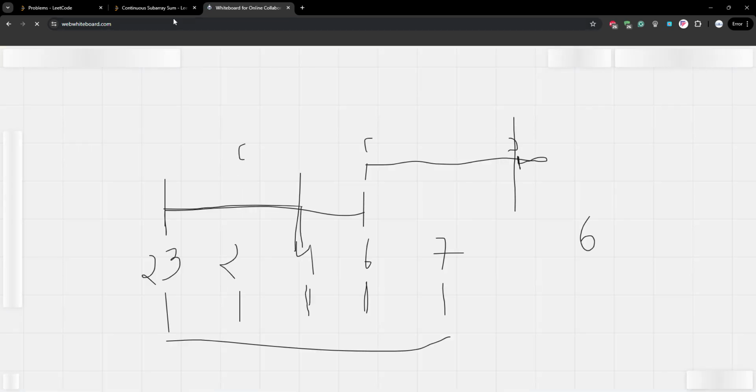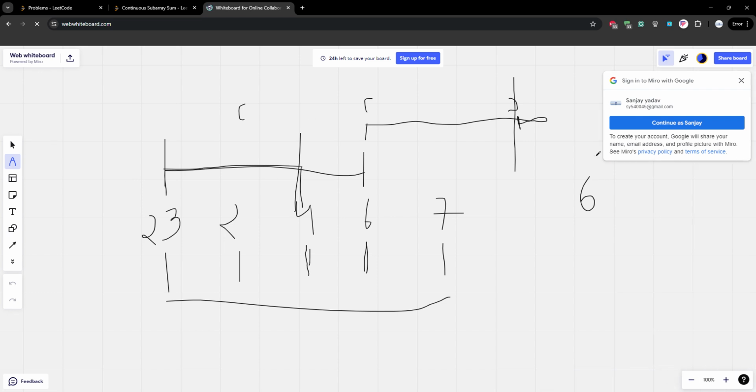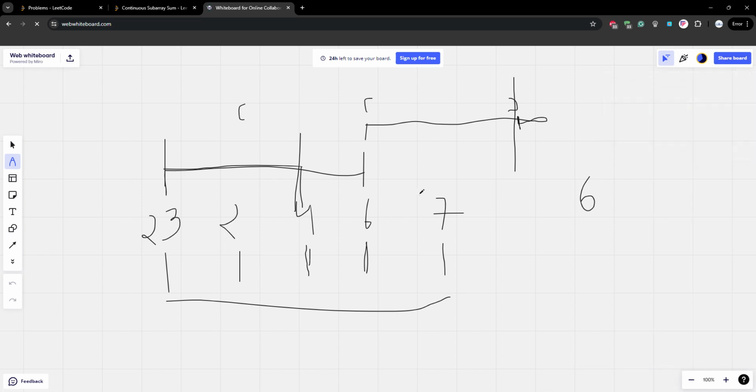Therefore, let us say we have been given this array, 23, 2, 4, 6, 7, and we want to find out whether there exists a good subarray. There can be so many subarrays in this array.